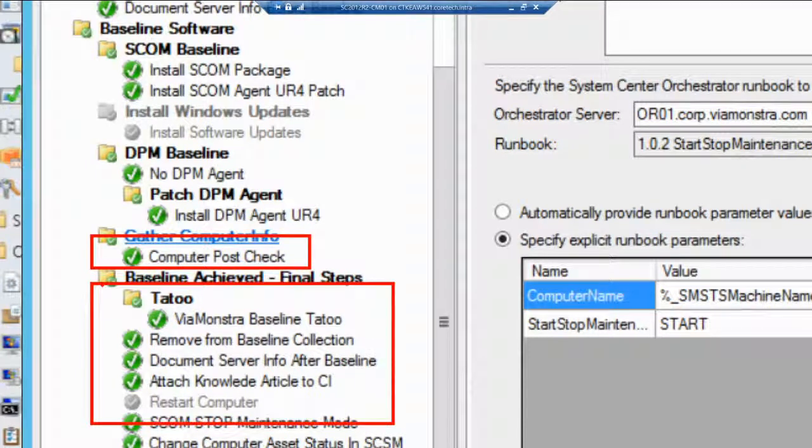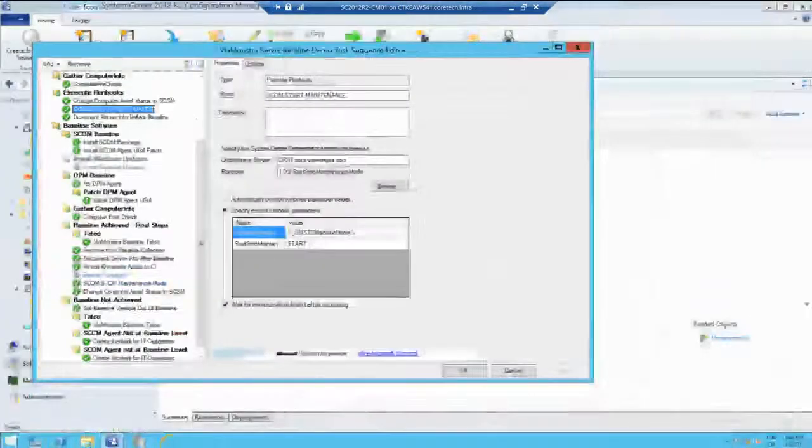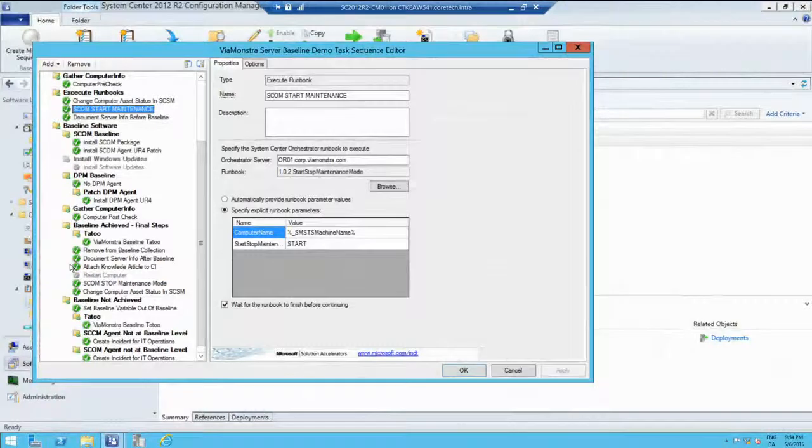And then we will remove the machine from the collection. We don't want to see the task sequence again. And we're going to document everything. So this would be like a typical scenario from end to end, where we bring all of our servers into